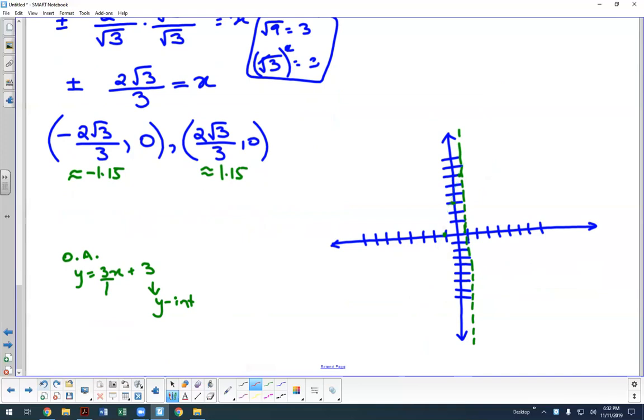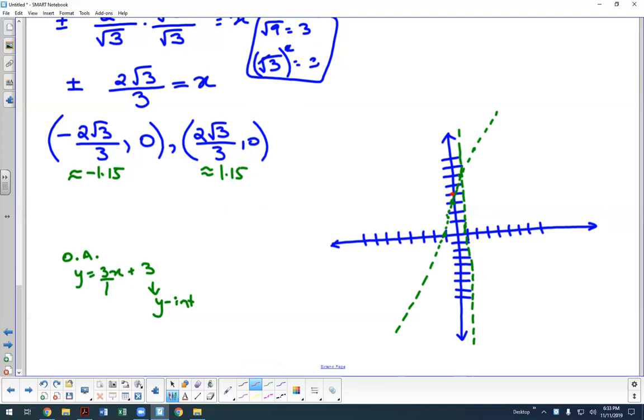Okay, let me see if I can draw this asymptote one more time. Okay, and then at